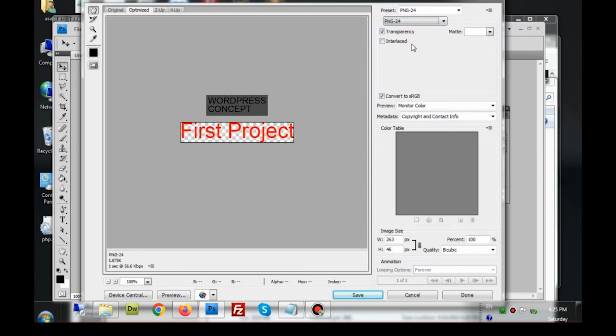If I select this one, the quality of the image will be good, and it will also remove the background of the logo. The size will be slightly bigger than JPEG and GIF, but the quality will be good, and the logo will not have any background. I'll show you once I place this logo on the site. You will see what I'm talking about.